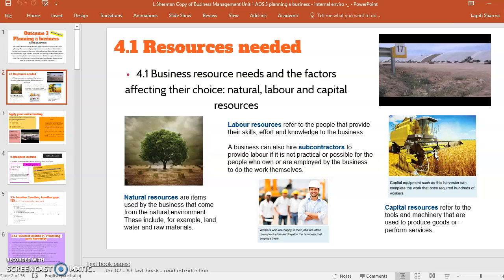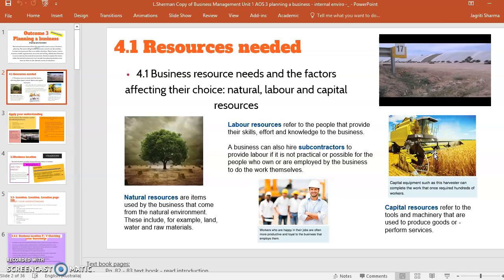Now how will the business repair, maintain and replace its capital equipment when needed? So you need to think about those things as well. How are you going to repair it if it gets stuck, if it's not working anymore? Who is going to repair it? Who is responsible for the maintenance of your equipment? Does the business have the right workers with the right skills to operate the machinery they need? When you're hiring employees, they should be able to use that machinery, not destroy it and make it hard to use when you're producing goods and services.